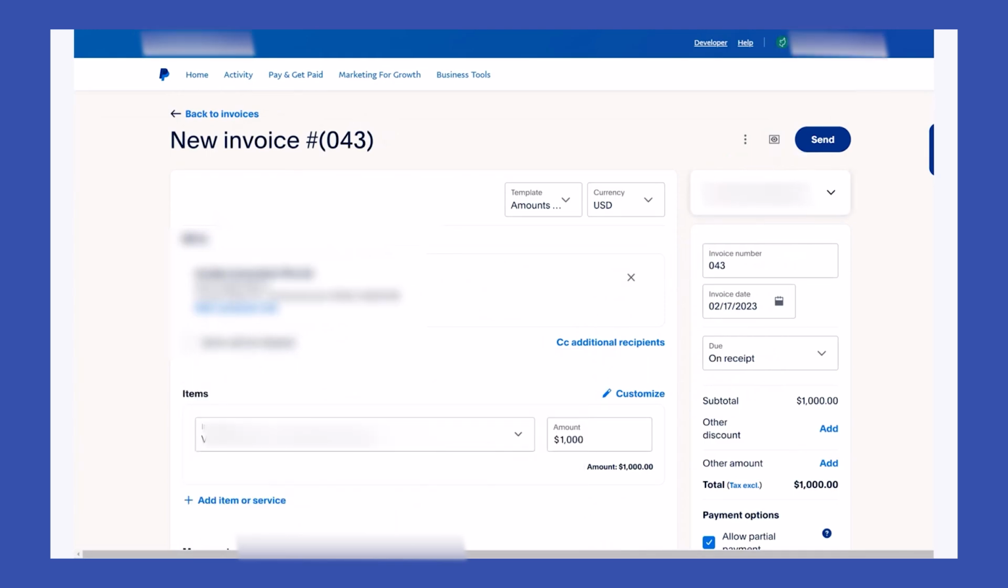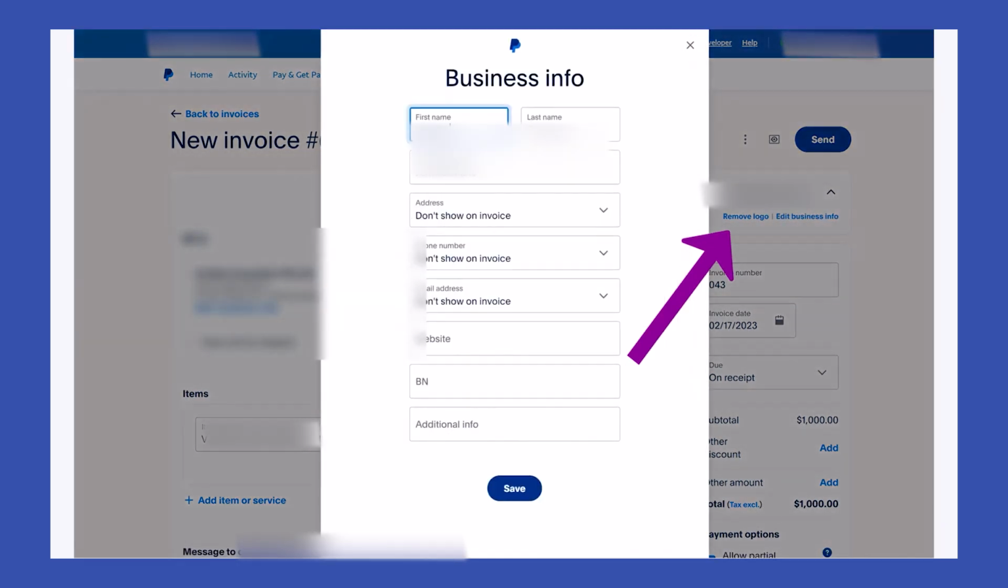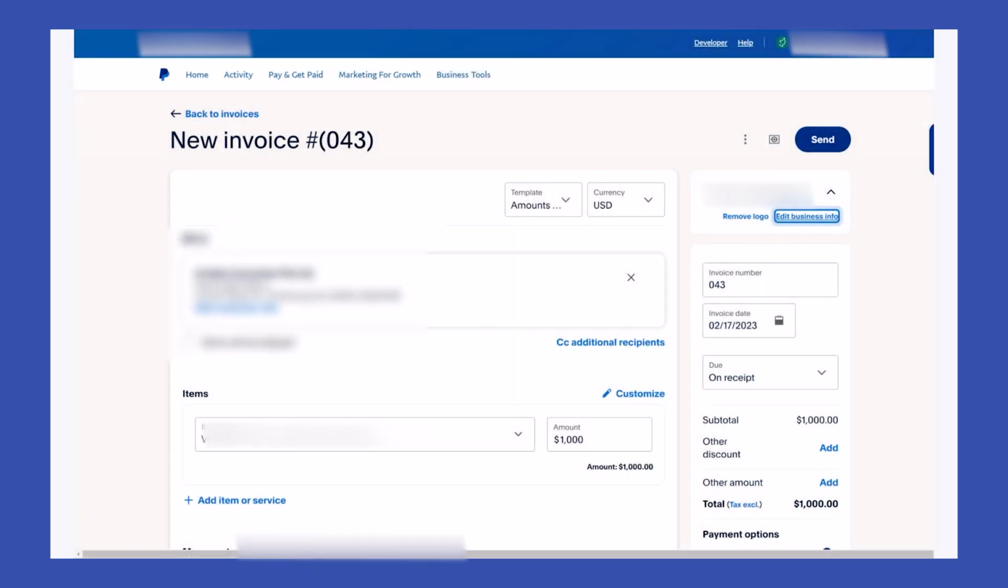And as you can see, you can also click here on Remove Logo, because in my case I have a logo, and upload a new one. You can also click on Edit Business Info to edit your business information. And then, once you have your client's invoice ready, you can click on Send, and PayPal will automatically send it to your customer. But you can also click on the three dots here